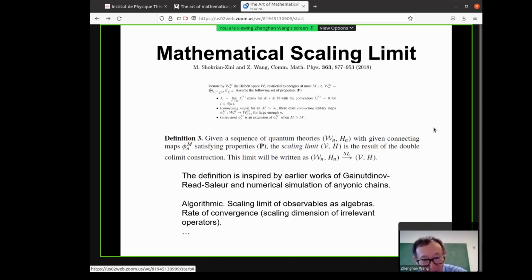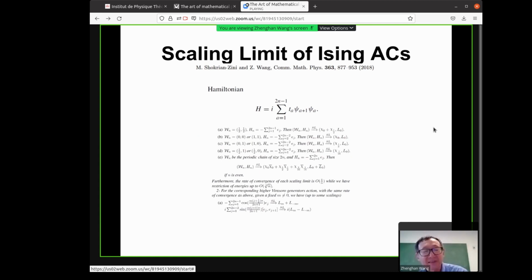And this is more or less what was done in the work of Azad, Nick, and Hubert on spin chains too. And then using this mathematical definition, we can prove this at least for the Ising anyons. As many people know, you can rewrite the Ising anyon using Majorana operators. So that's what the Hamiltonian looks like. You are not supposed to read all the small font things. It's just to tell there's something in the paper.